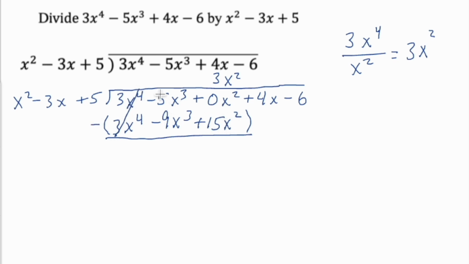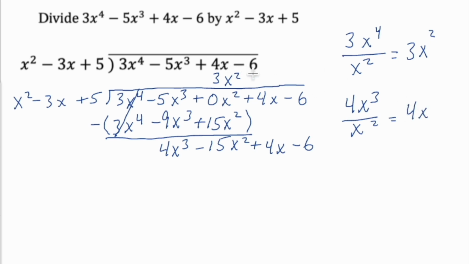These cancel out. Negative 5x to the third minus negative 9x to the third is going to be 4x to the third minus 15x squared. And then we bring this down, 4x minus 6. Take the first term, 4x cubed, divided by x squared. That's going to be 4x to the first power. Then we write the 4x up here, and then we multiply 4x times this quantity out here. So 4x to the third minus 12x squared plus 20x,